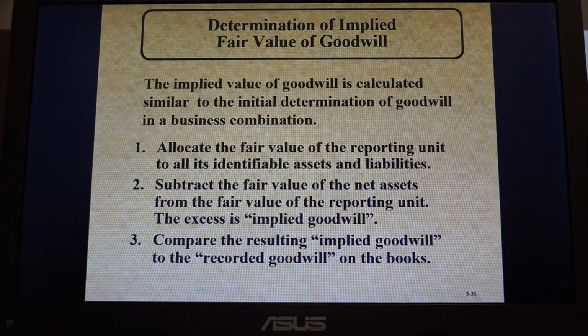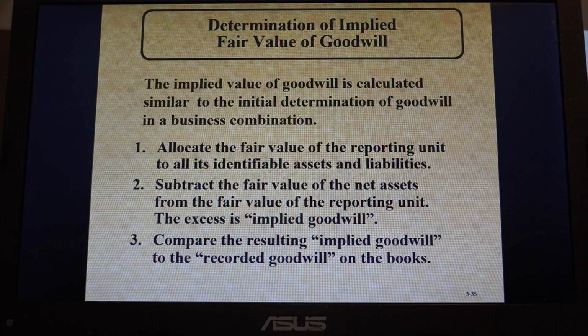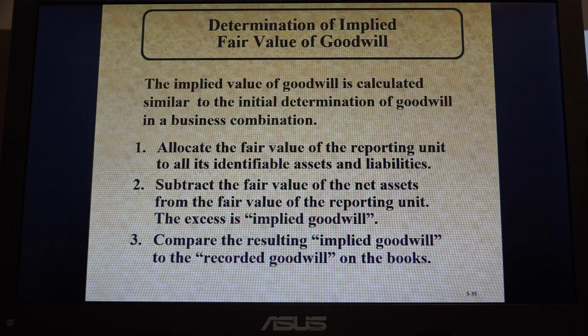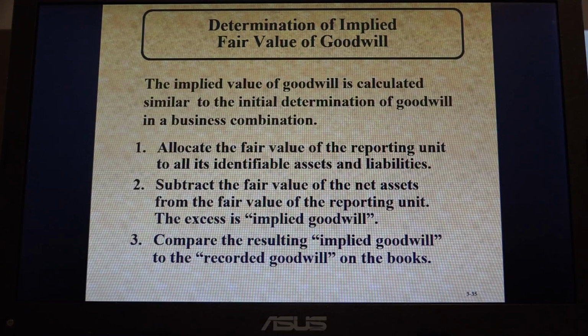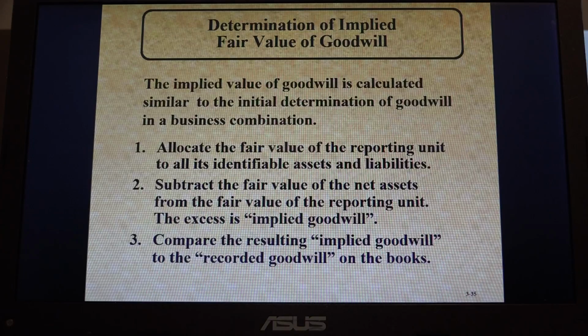And so what you're going to do in step 2 is determine whether or not the carrying value of goodwill, the implied value of goodwill, is less than the carrying value,